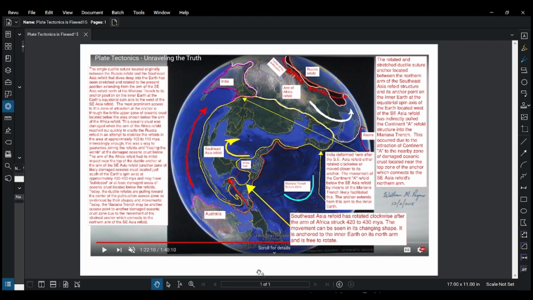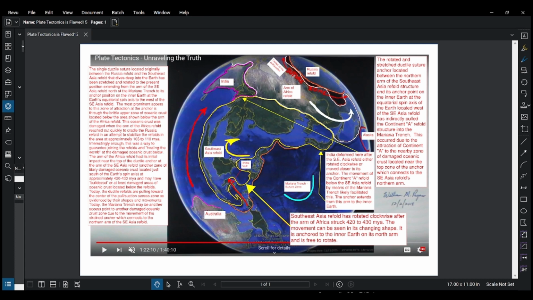Okay, what we have here is that hot area again, where things are reaching a temporary equilibrium. The center of action here, the balancing act area. Let me get a better view here of the Southeast Asia refold in particular, so you can see what I'm talking about. During the destabilizing part of history, when continents like Continent A went in here, and India went up into that area,